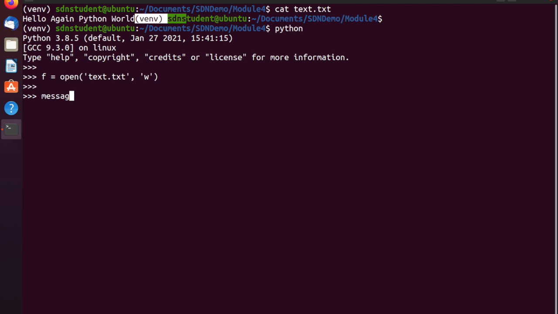And then I'll do message again. So I'm still not in append mode, but this time I'm going to do single quotes just to see if this works and we get it right. And that is, we'll change it back to just hello Python world. I'm going to add that